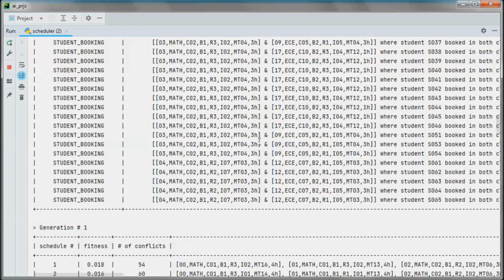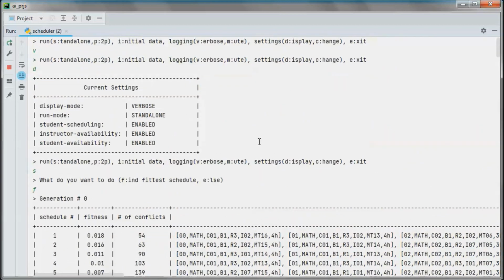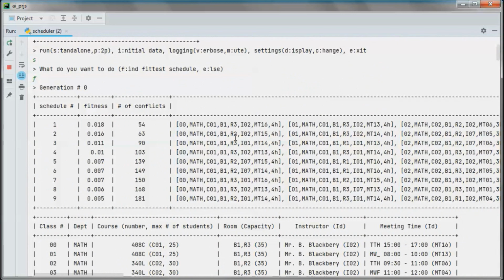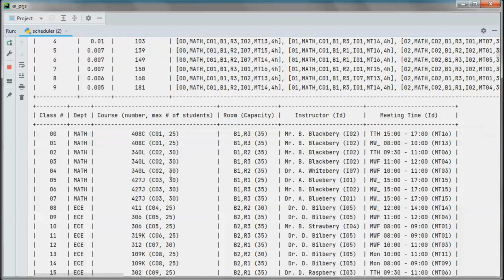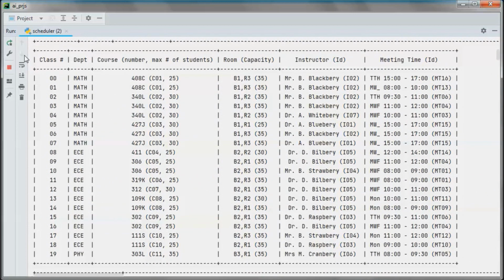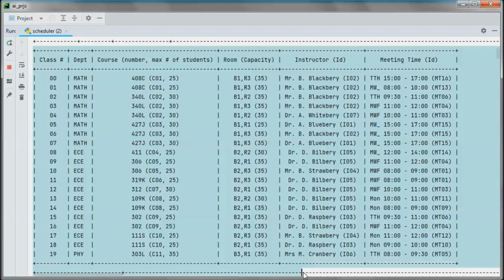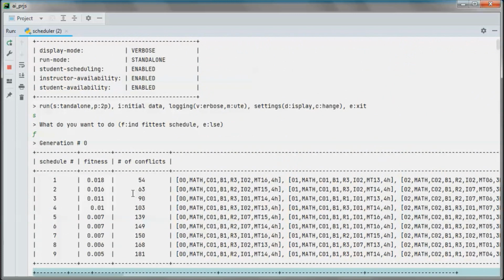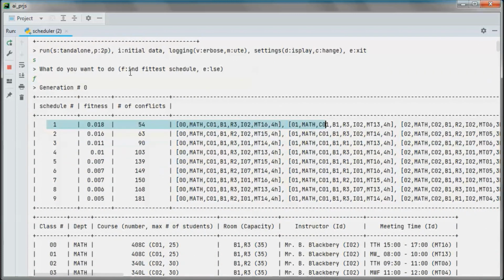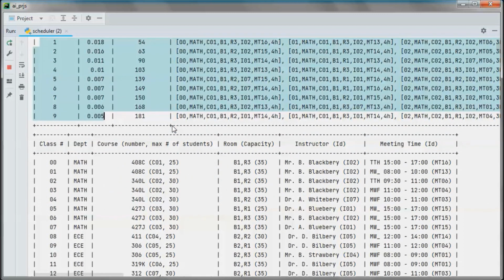So we started with generation 0. We had this number of conflicts, and this is a table representation of this schedule with the least amount of conflicts, and each generation has 9 different schedules.